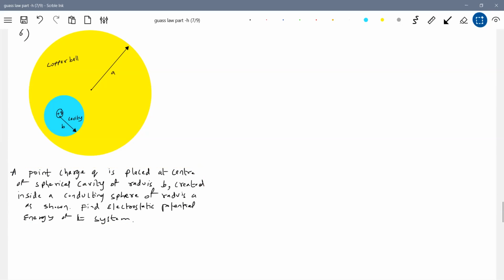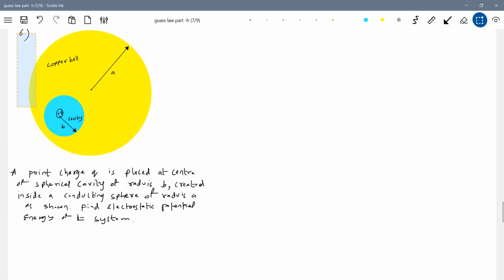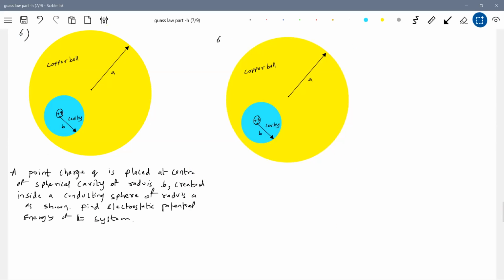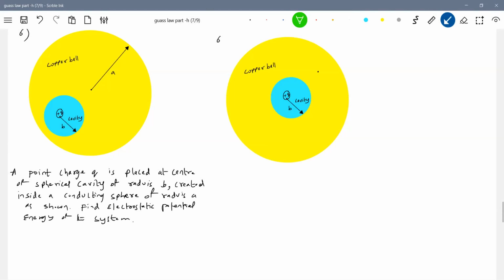So the cavity, what's happened? Its position can be changed. It will not show any effect on the charge distribution, nothing will happen here. So how can you justify such things? Okay, let me shift this. Let me keep it at the center of the ball. Can we do this for non-conducting? No, only for conducting. If the cavity is there, the cavity can be displaced.